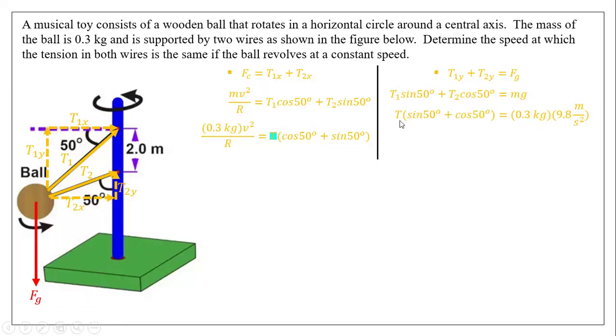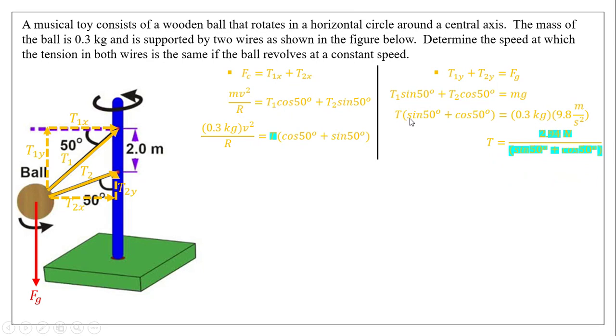so I got rid of the subscript. I factored out a T, and then I replaced m with 0.3 because it said so, and then g here is 9.8, because that's just a magnitude. I've already taken care of the negative sign here for you by saying positive must equal positive. All right, other than that, to solve for T,